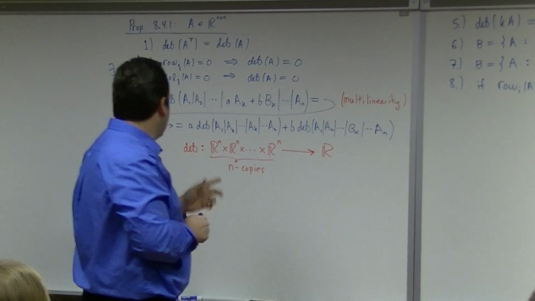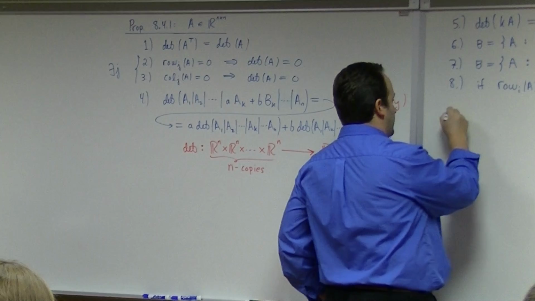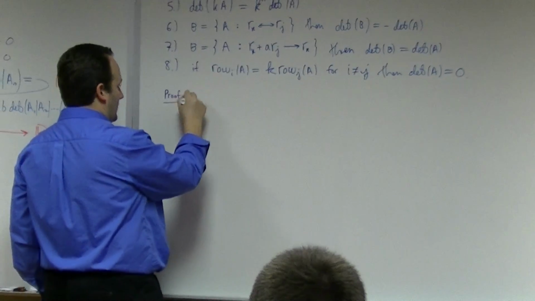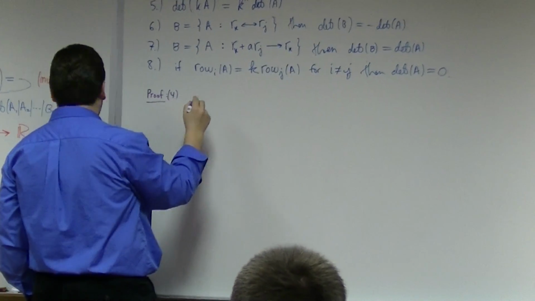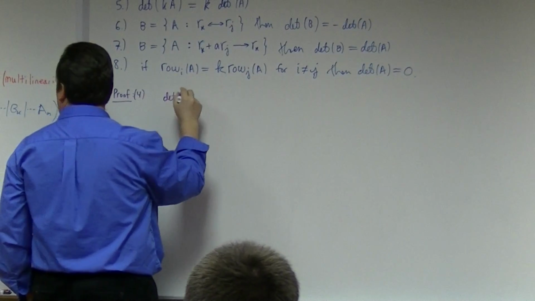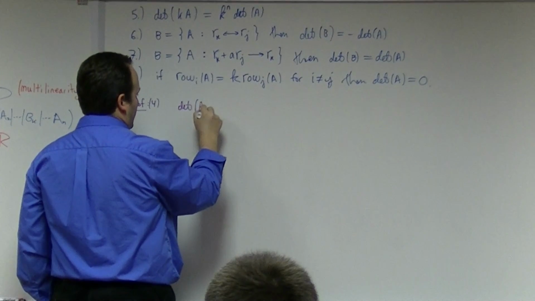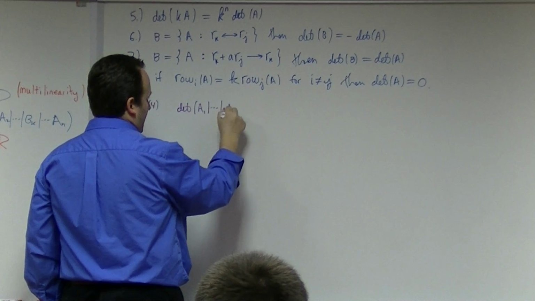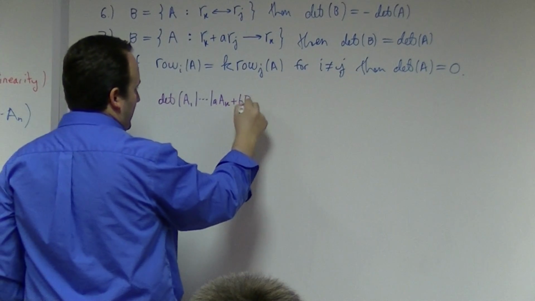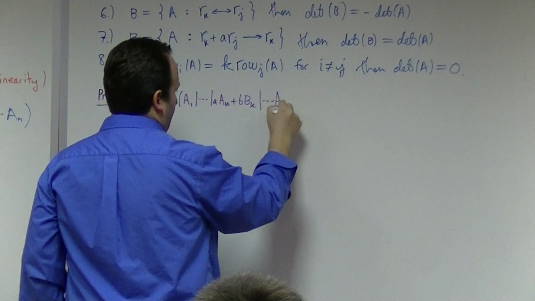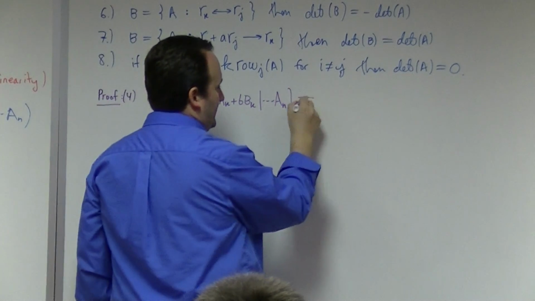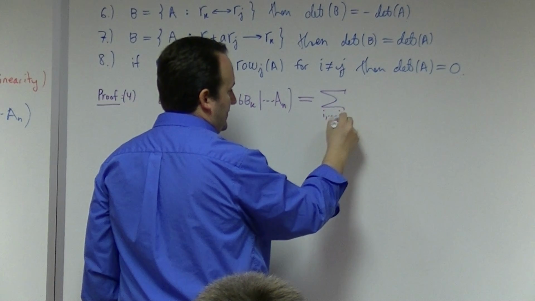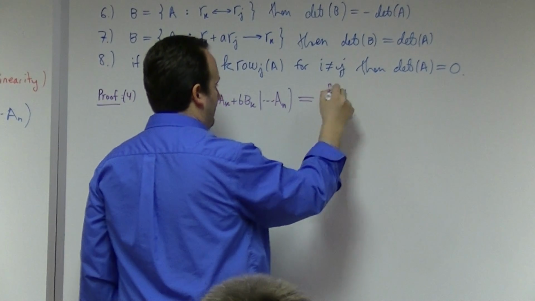So I'm going to prove number 4, and then I'm going to call it a day on these proofs. So here we go. The determinant of, I'm going to keep it short here, A1, and then all the way out to the interesting one, A sub k plus little b, big B sub k, da da da, A n. All right. Well, by definition, that was the sum, i1 through in equals 1 to n, of